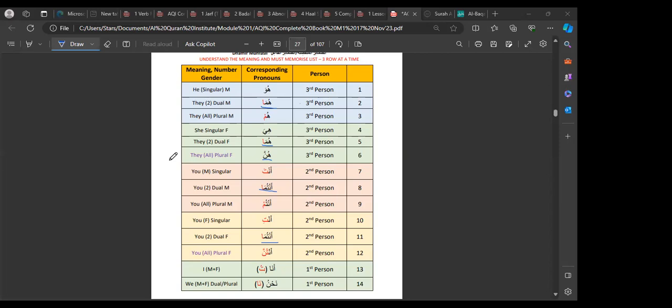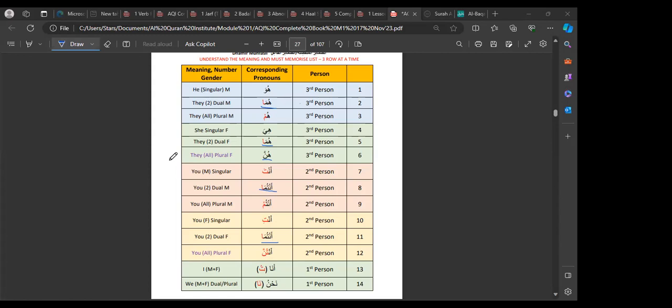Okay, alhamdulillah. So if Ustad and Dr. Mahmoud was here, he would drill this in so much more than I am. He will be so much more strict on this. And he'd want you to do it like huwa huma hum, hiya huma hunna, anta antumma antum, anti antumma antunna, ana, super fast. And until you all did it super fast, he wouldn't be happy. So that's what you should be working towards. Very, very speedy, very quick, and easy, inshallah, because it's very, very important.